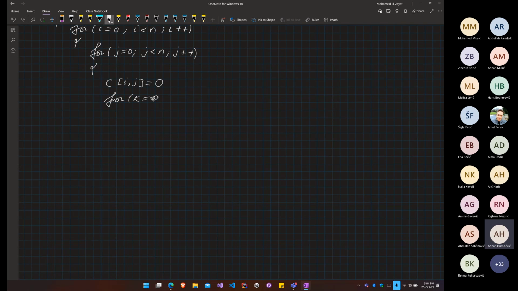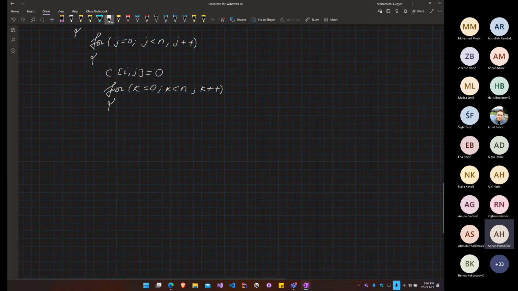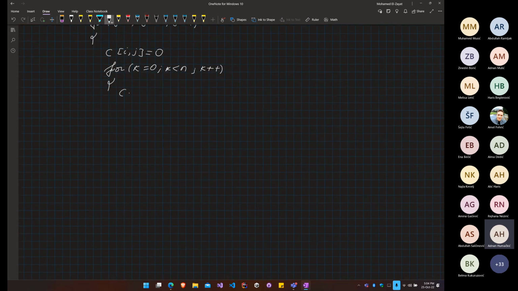K equals 0. K is less than N, and K plus plus, right? And then we have the C. We try to make it a little bit better. C of I and J, like so, equals